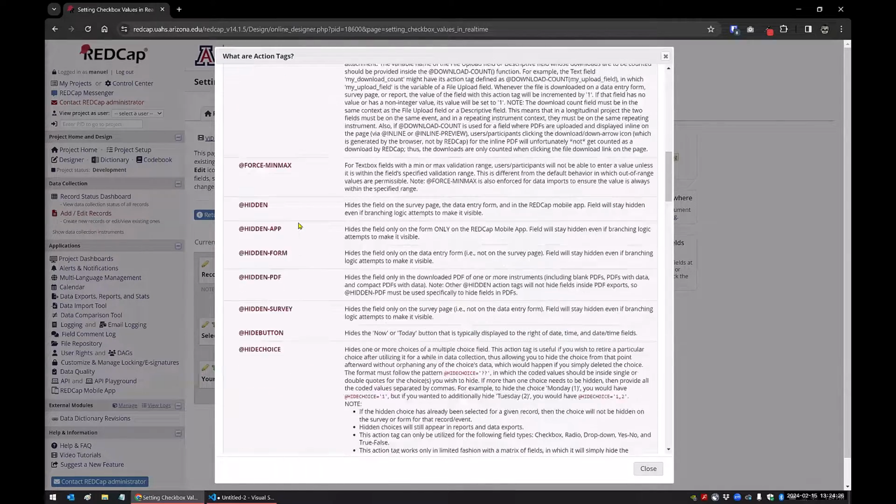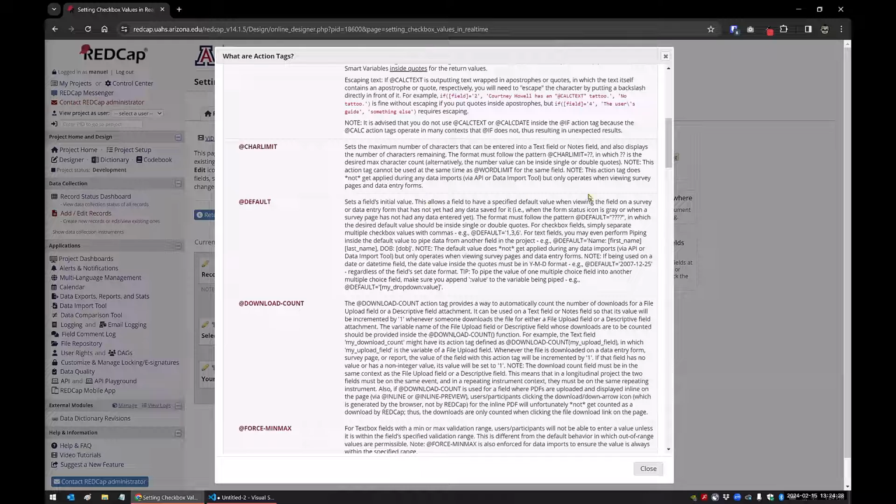Let me go back up. Default is the one that is at the beginning. Set value will do it every time. There we go. So if you set a value to a default and then you override it and you reload your form, that value will stay the way it is after you've changed it, it'll persist. But set value will reset that value. So if you change that value and you reload the form, it's going to set it back to the original